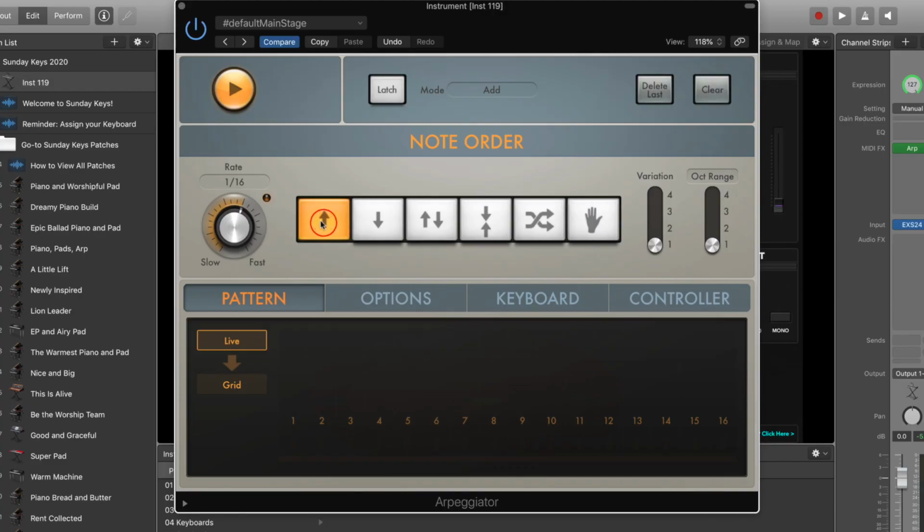Most of the time, I find myself in one of these other more commonly used note order options. Within each of these options, you have 4 variations, and you can add additional octaves on top, up to 4 octaves. And each of those different note order options has 4 distinct different variations. So there's actually a ton of different patterns and feels that you can get just by adjusting the note order